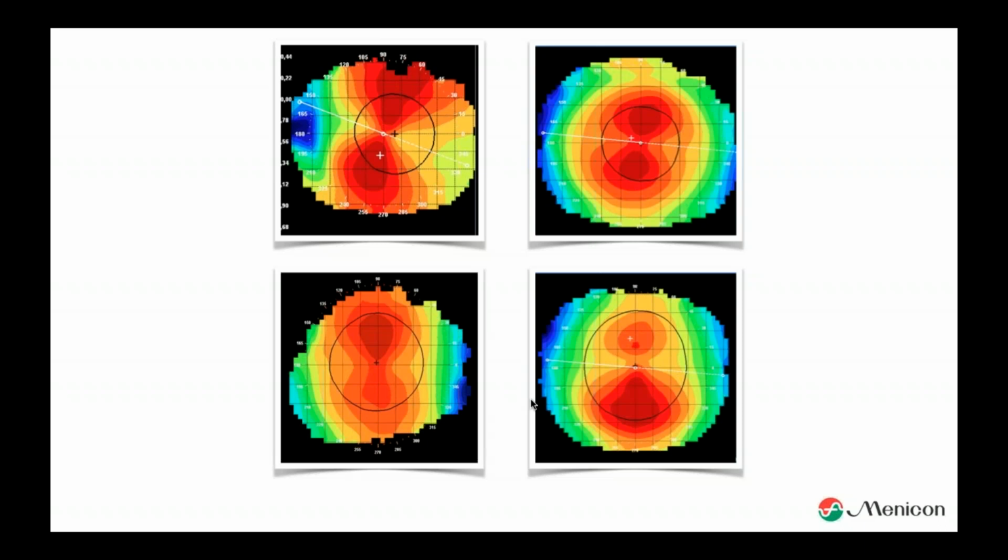Just to keep things simple, in our lens practices in our optical world, we have a name for everything. But what we see here is that we have a central astigmatism, but we also have it in the periphery. In comparison to this one, we have an astigmatism in the center area, but in the periphery there is almost no astigmatism left. So that's what we call a limbus to limbus astigmatism. And the other one is central astigmatism.